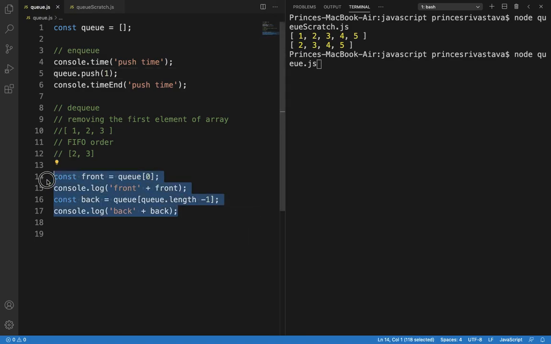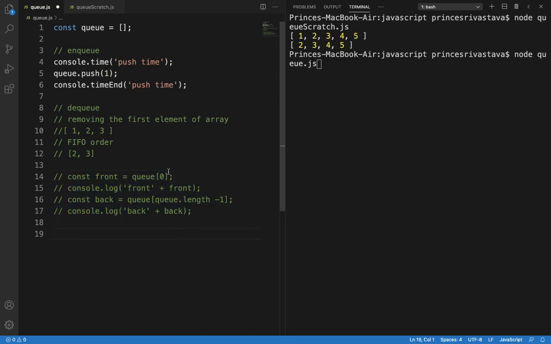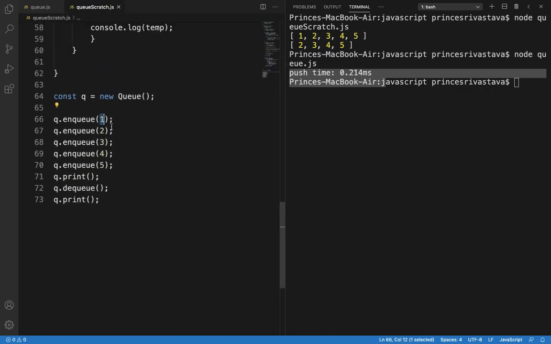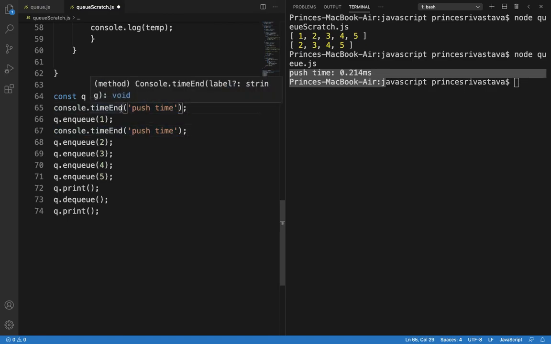Let me remove this code from here. So push time is 0.214 millisecond. Similarly, I will do the same thing for the enqueue operation, and here I will change it to time.